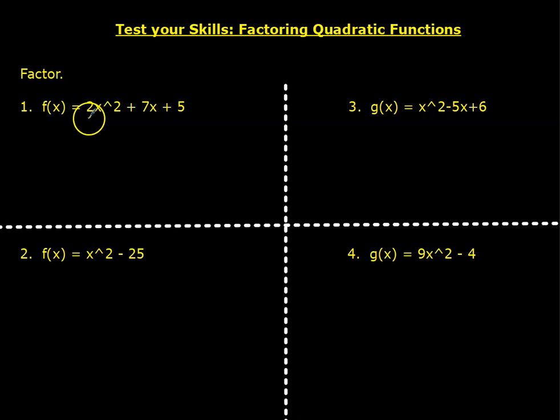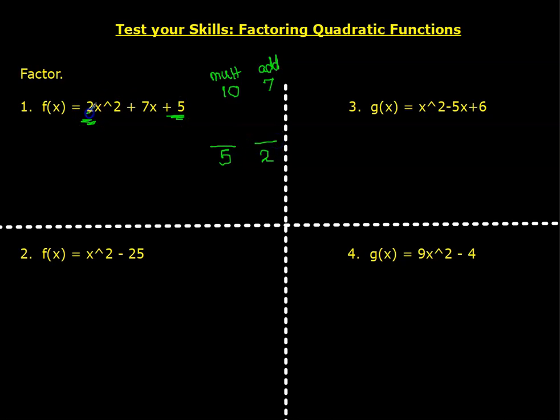So starting here, we multiply first times last, A times C, and we need two numbers that multiply to be 10 and add up to be 7. And those two numbers happen to be 5 and 2. You can take a sidebar, list all the numbers that multiply to be 10 to check which ones add up to 7, but just to save on time, the two numbers are 5 and 2,